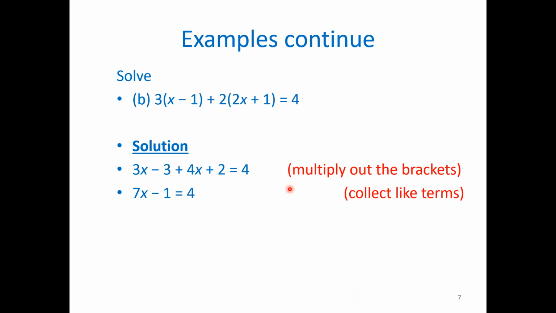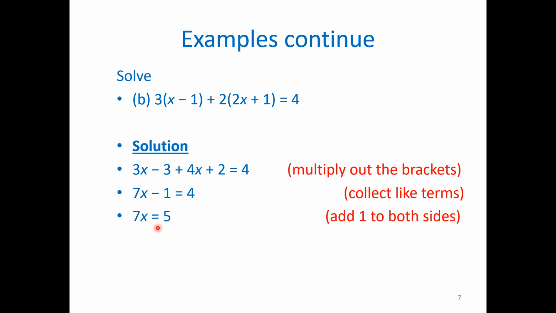And then we collect the like terms. So 3x plus 4x equals 7x, minus 3 plus 2 equals minus 1, and on the right side we have only 4. The next step is we add 1 to both sides, because we want to keep 7x alone on one side, and we decided to keep 7x on the left side. So if we add 1 to the left side and 1 to the right side,